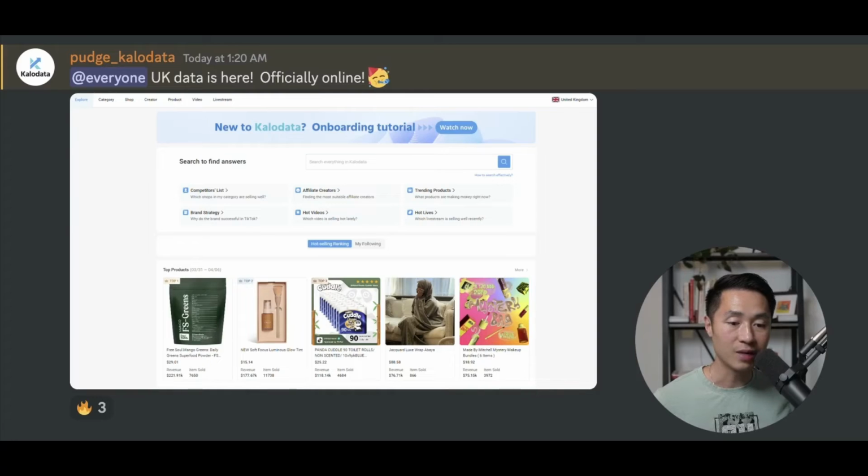So here is an update for Kalodata. Some of you have asked me about using Kalodata in the UK. So today they have officially launched and it's currently live. So from now on, if you reside in the UK, you'll be able to use Kalodata to do your research